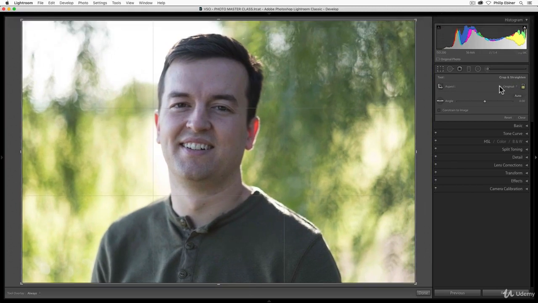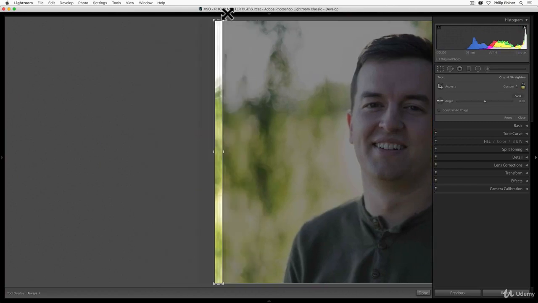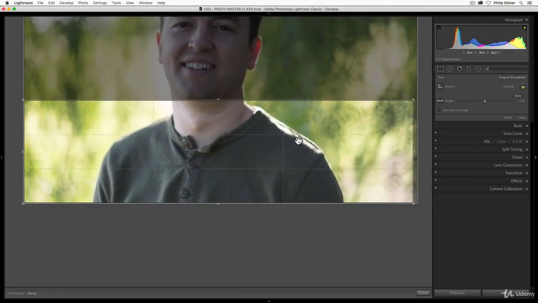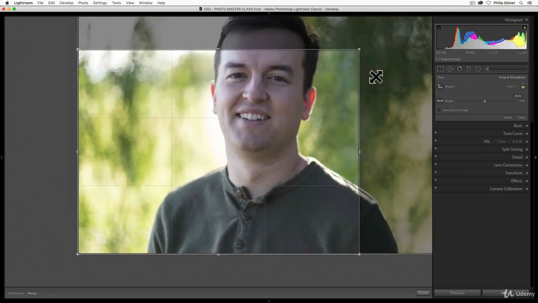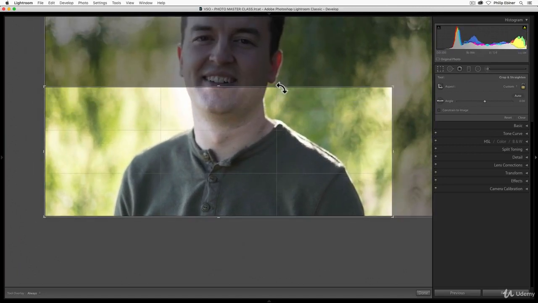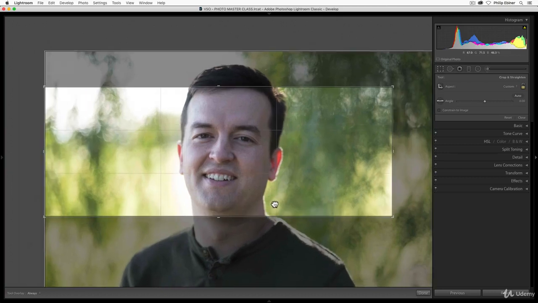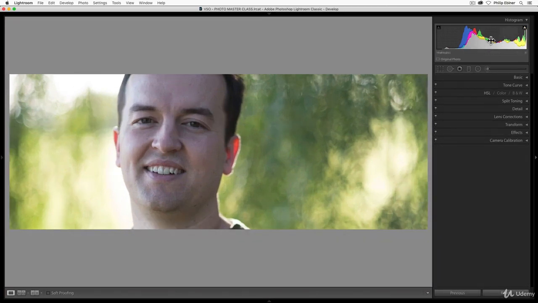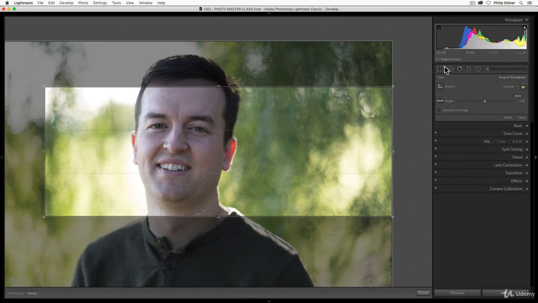You'll notice that right now the aspect ratio is locked to the original. So here's this little lock icon. If I unlock that, I can drag this anywhere. I can make a super skinny photo. I could make it super wide. And if I finish that, so say I drag it, that kind of ends the cropping, and then I can move my photo around in that crop this way. When you're done, you just click the done button at the bottom or press the return key on your keyboard, but I'm not done because that's a really awkward photo and crop.